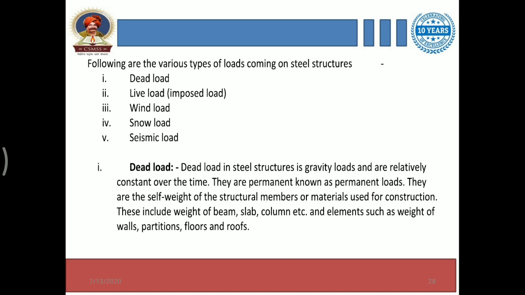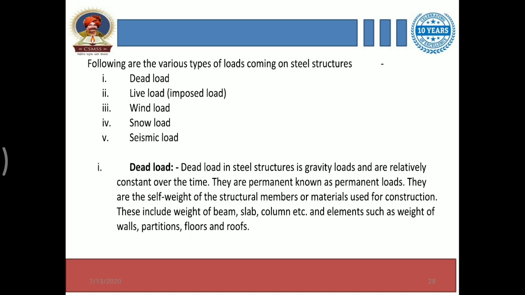So the first one is dead load. Dead load in steel structures is nothing but gravity loads and are relatively constant over time. These are also called permanent loads because they don't move in their entire lives. Okay, they are the self weight of the structural members or materials used for the construction. Obviously, these are immovable loads or permanent loads, and therefore their self weight is considered